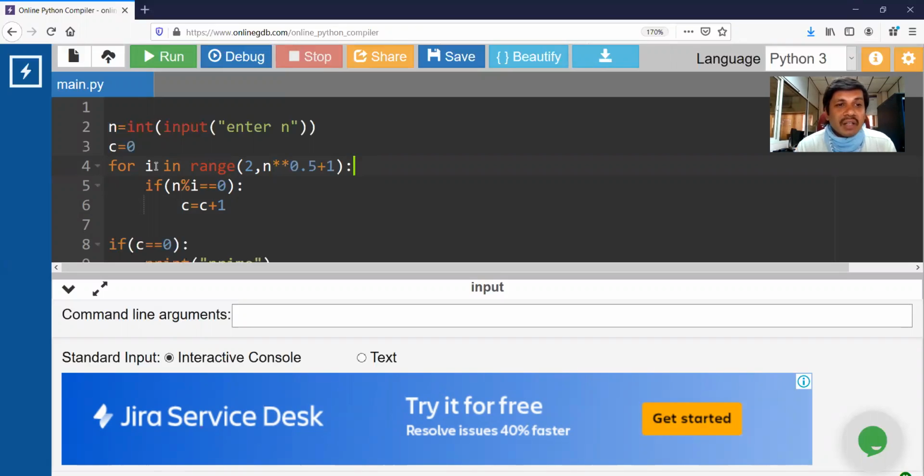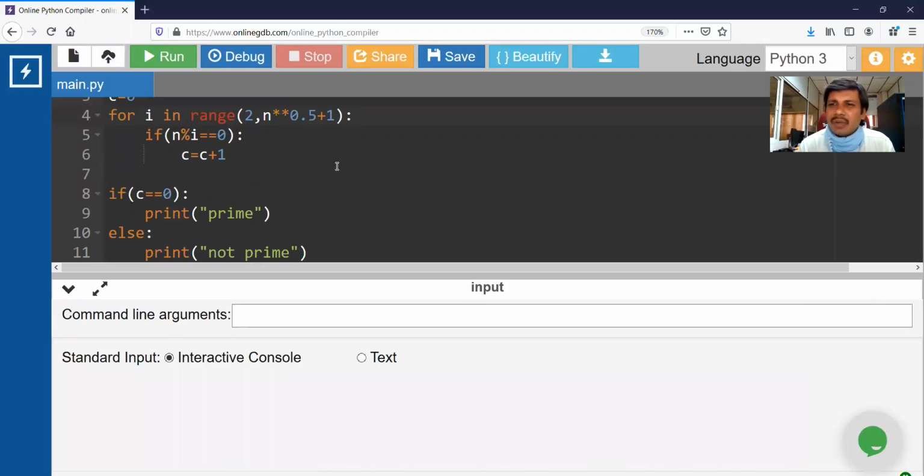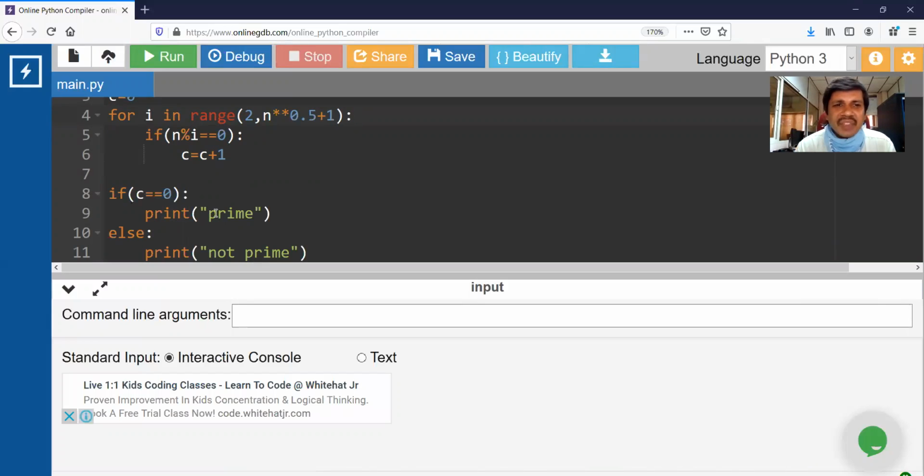So this is going to be a much better version than the second one. First version is n iterations, second one is n by 2 iterations. Now, at least you will have one factor within the limits of 2 to square root of n. If you have one factor within the limits of 2 to square root of n, then you cannot call it a prime number, no matter how many factors it has. That's what I mean to say.